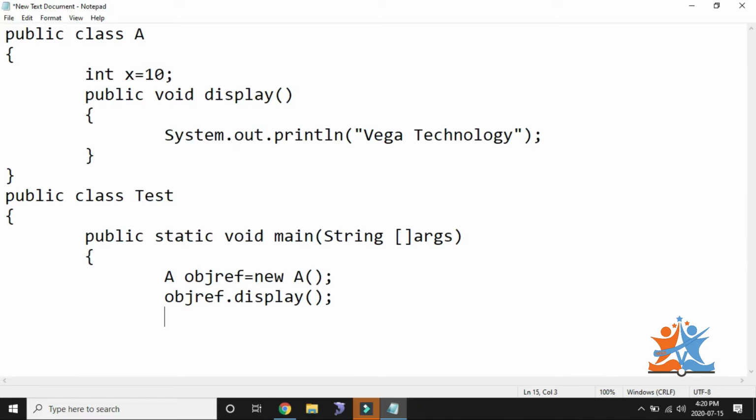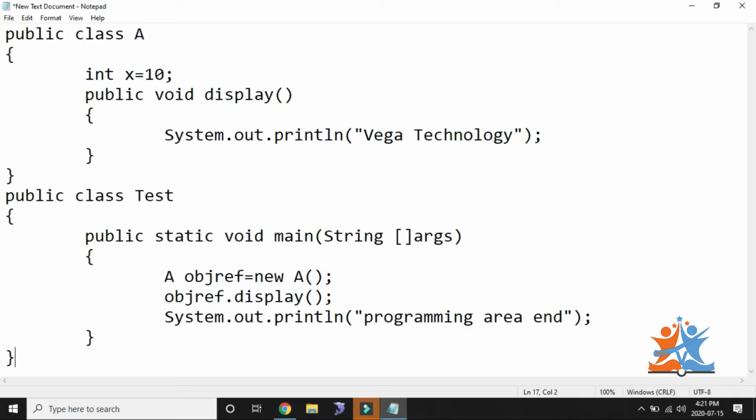So here I am writing System.out.println programming area end. After that I am closing the main method, and after that I am closing the test class also.